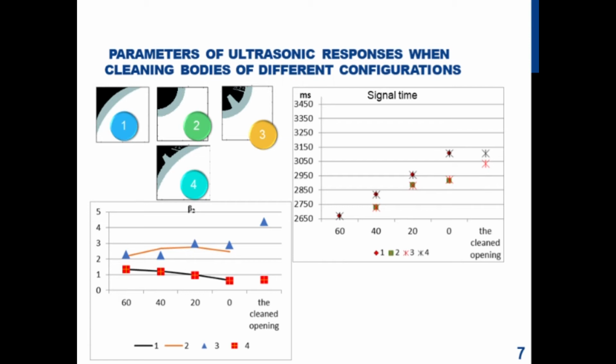The general nature of the changes is uneven. Reduction coefficient beta 2 occurs when a layer of pollution is below a certain level, and the increase can be observed for certain geometric shapes when the layer of pollution is reduced, but overall remains high. The nonlinearity coefficient of the third order is even more dependent on the geometry of the body and does not show patterns in the process of ultrasonic cleaning. Therefore, the decision was limited to the analysis of only the second-order coefficient.